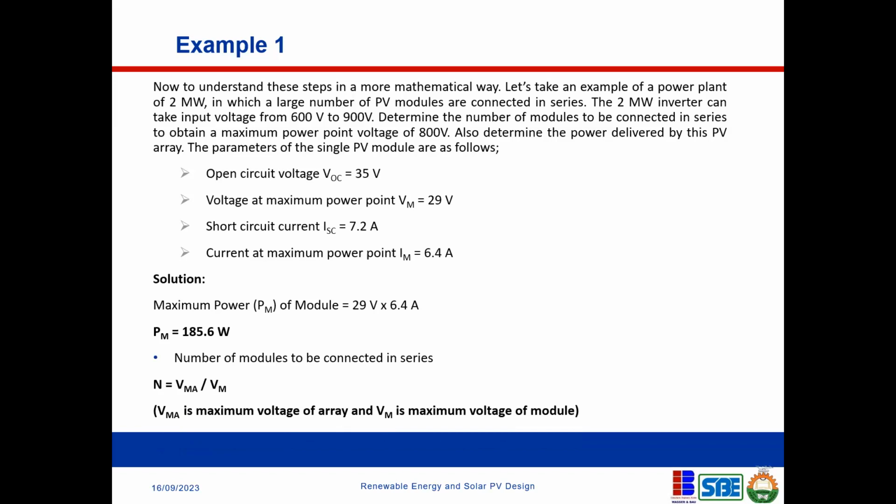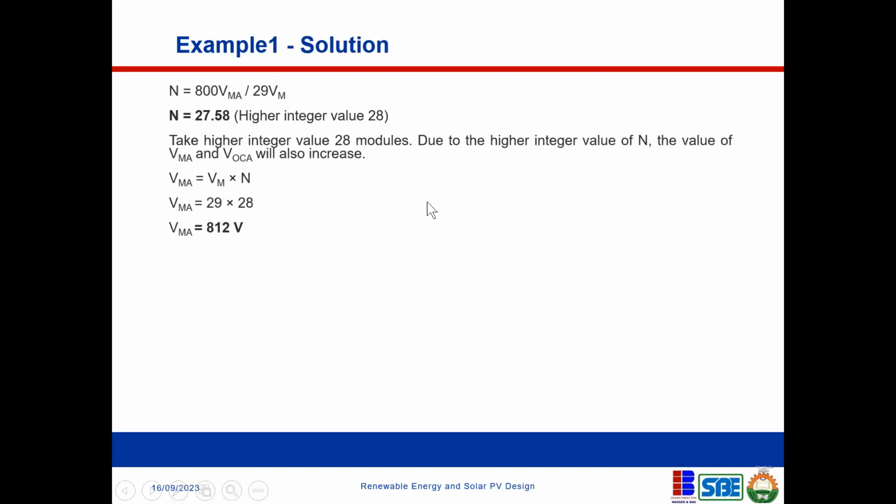Now, the number of PV modules to be connected in series is equal to the maximum voltage of the array. We are given that the maximum voltage of the array should be 800 volts, divided by the maximum voltage of the module. The maximum voltage of the module is 29. So once we do that division, 800 divided by 29, we have the number of PV modules as